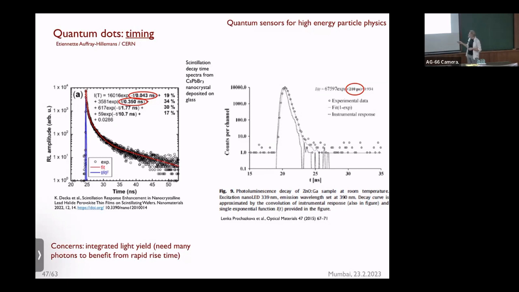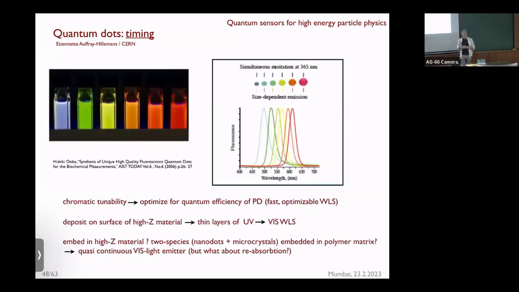But the question is how much light they produce. One has to think about whether the integrated light yield that you need to be able to measure this rise or this decay is sufficient, or whether you need an impossibly large density of these nanodots. I'll come back to this afterwards, where one has to think about how useful this concept can be. But there's another aspect of nanodots that is definitely going to be useful,